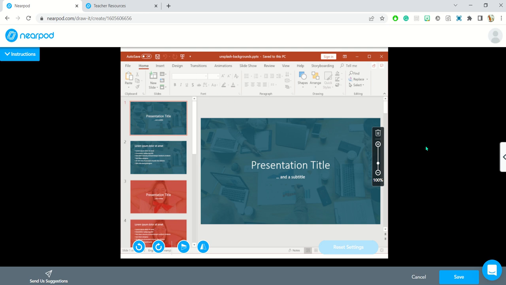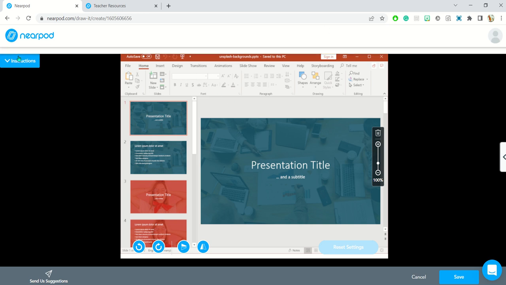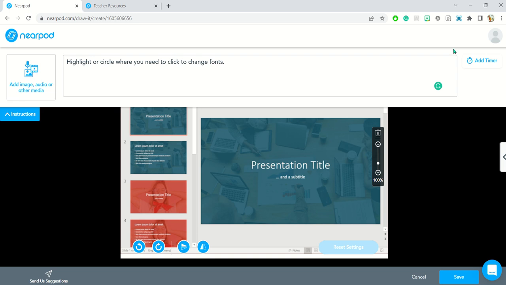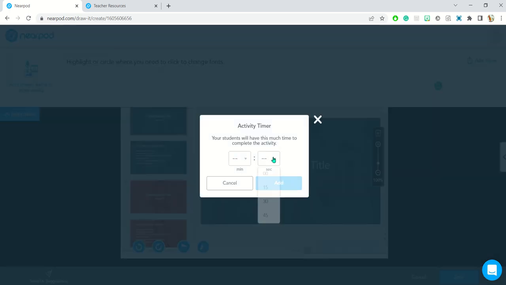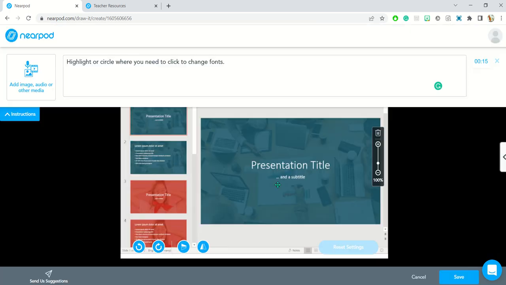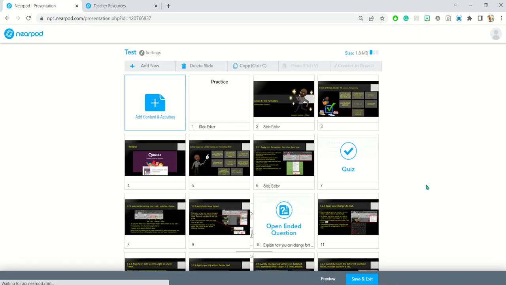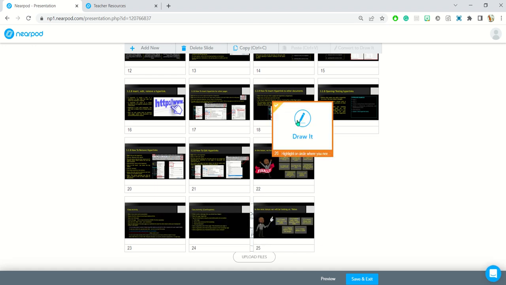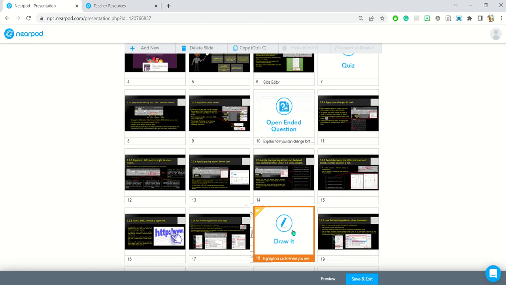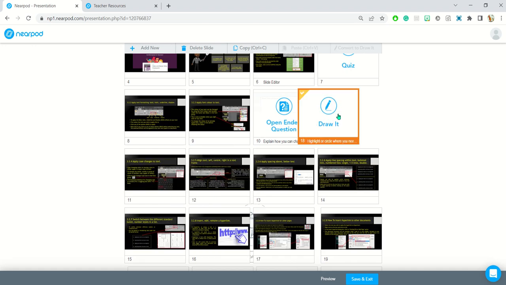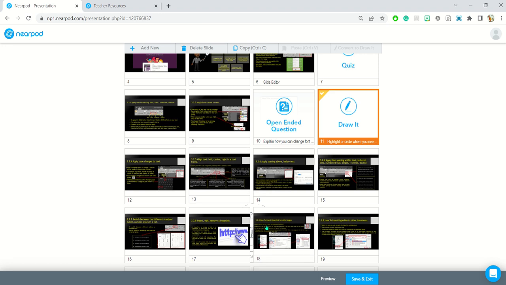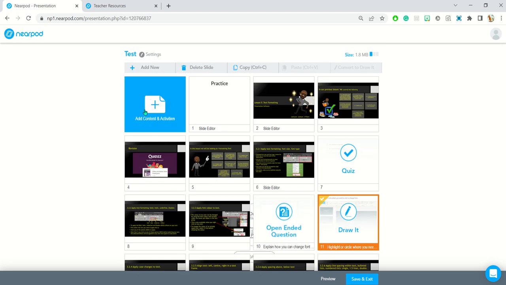So I'll just simply put a timer on that. Now the instructions, they can simply click on this and I'll put a time limit to that. And I'll say 15 seconds, add, save. So that's my third activity. And I'm just going to move that up and I'll put it after this. I'll just put it immediately after the open-ended one. Next, what I'll do is